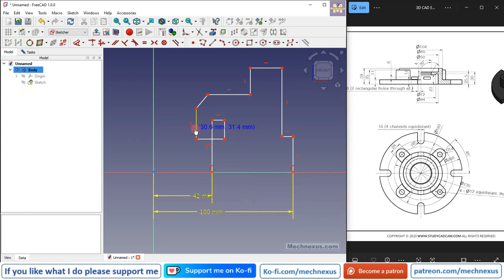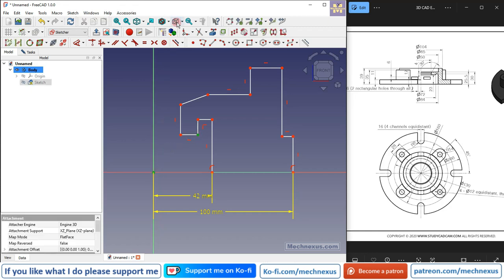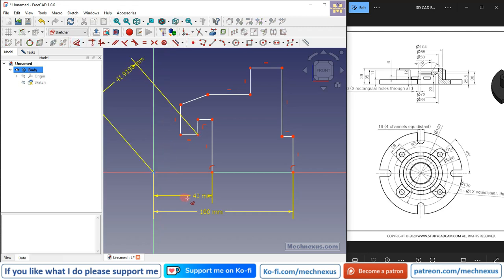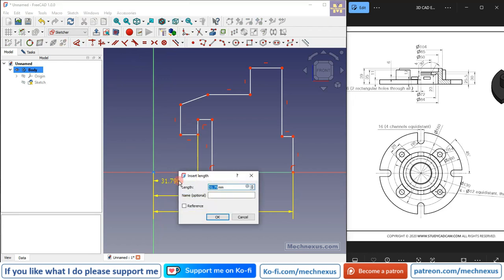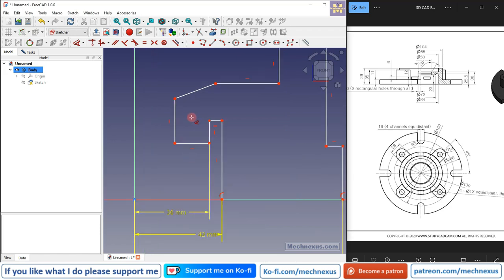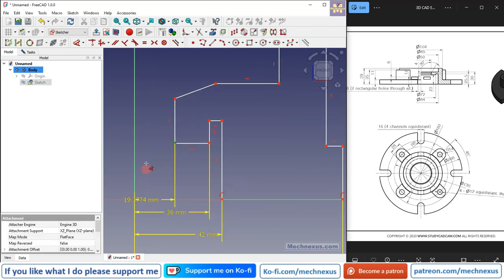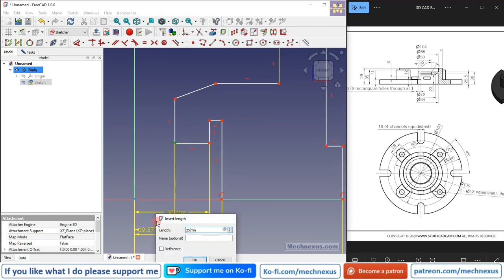and now let's move it, and let's select this point and this point, and provide the horizontal dimension, which is of 36, and let's constrain this point, horizontal dimension of 25,